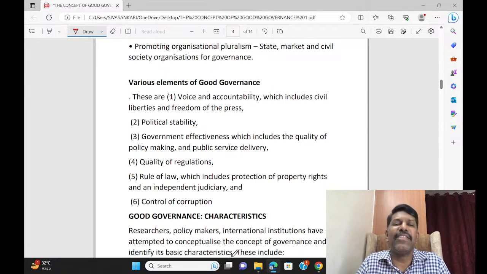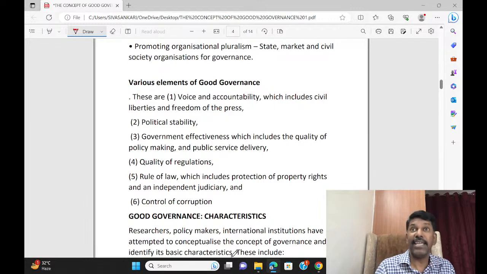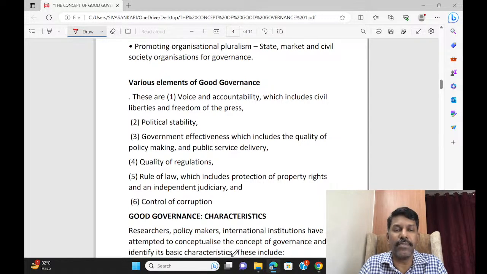that will help to enhance civil liberties, giving more freedom to people and the press and other things. And the second important thing, political stability, is very necessary for the enforcement of good governance. Political stability. And the third important thing,